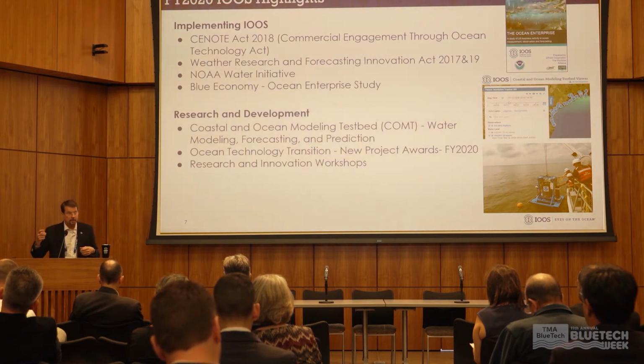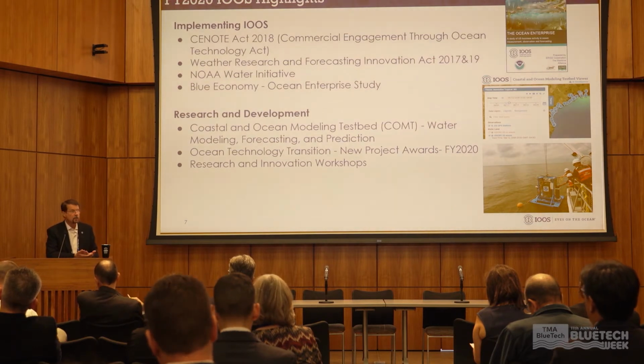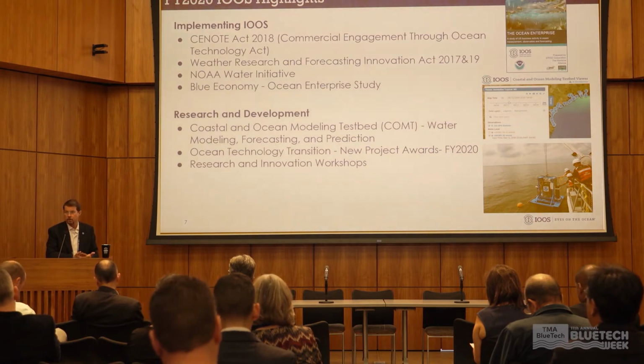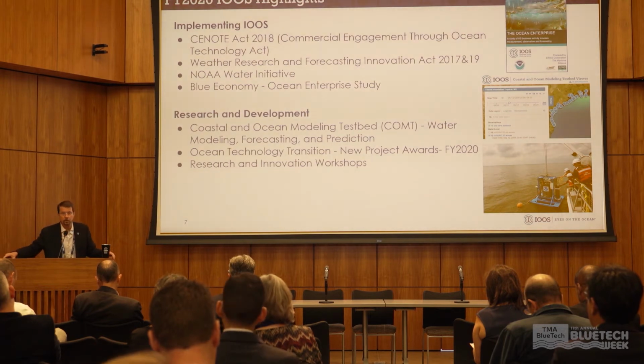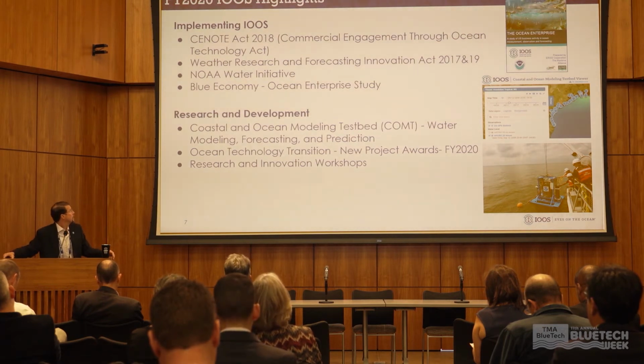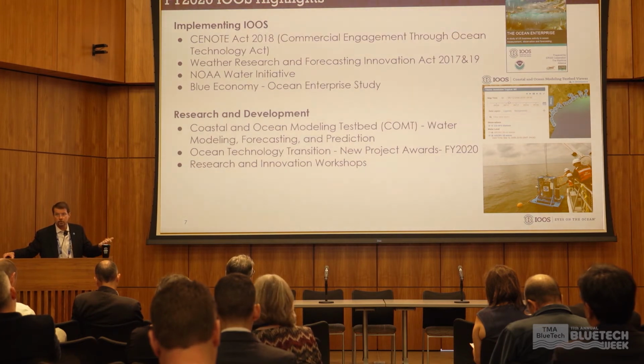So we're now repeating that study. Back in 2016, we found over 400 companies and $7 billion in revenue specific to the ocean enterprise activities. So we're going to repeat that study over the next 6 to 8 months, try to get results for 2019, 2020, and we'll see what the trends are over the last 4 years. And then research and development activities and the funding that comes out of the IOOS office. We've got a coastal ocean modeling testbed. We've doubled the funding to external principal investigator-driven, academic-driven modeling in the coastal and ocean U.S.